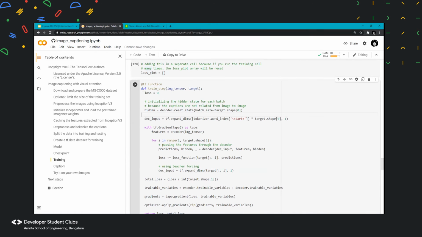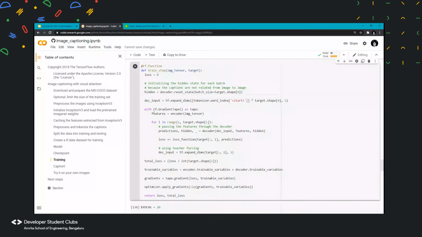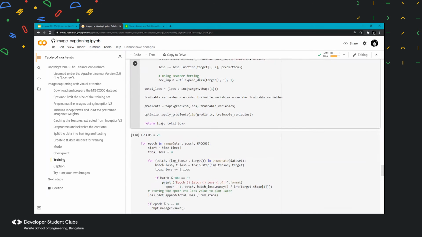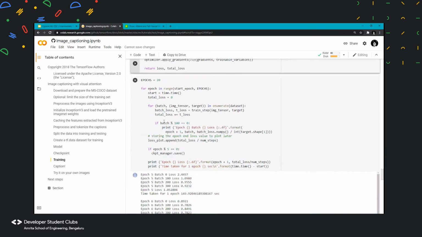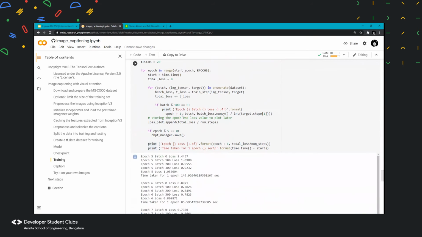Train step is created in order to take a certain amount of data and the captions, and do the forward pass and the backward pass of the entire data. Then whatever the loss and total loss you get, we are sharing it back by returning it. This loss and total loss is being recorded and stored in an array.